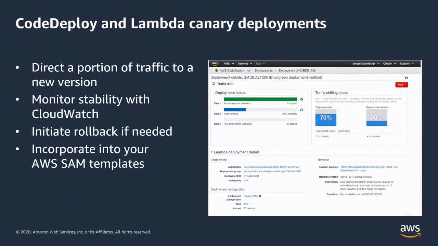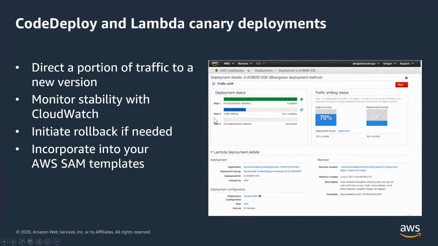Then, as part of your application deployment strategy, you could look at something known as canary deployment. Canary deployment is where you direct a portion of the traffic to a new version, and then monitor stability. Let's say you're rolling out a new feature, but you don't want everyone to use it. You would say, okay, out of every request coming in 10 minutes, 20% of the requests should go to the new service. Everything else should go to the old service.